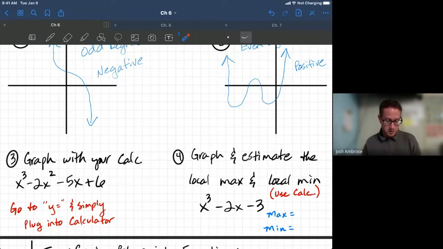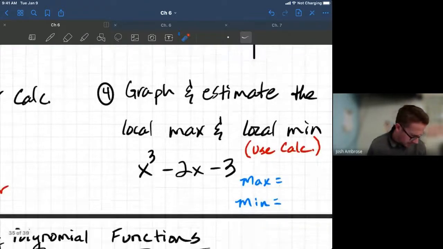So then you're going to see a cubic function. And when we go to trace, I'm going to go first for the maximum. I get a value of about, let's see, zoom in here. I get about negative